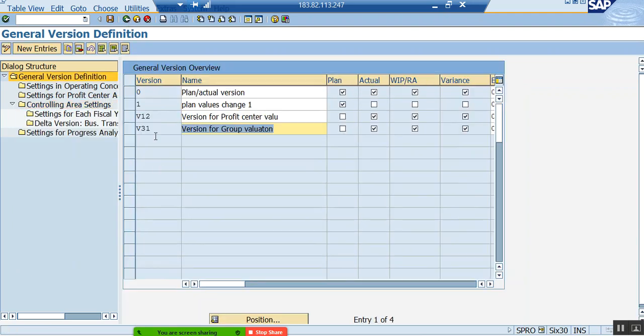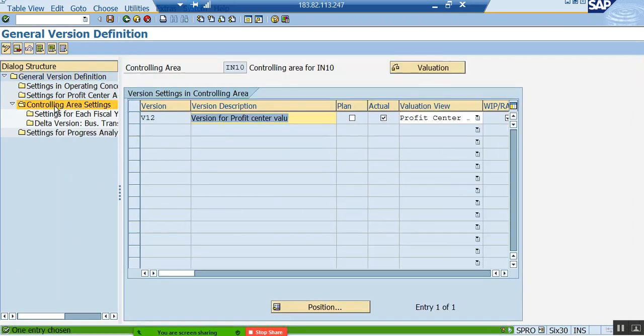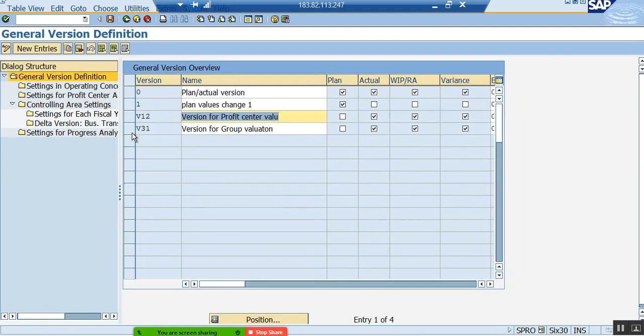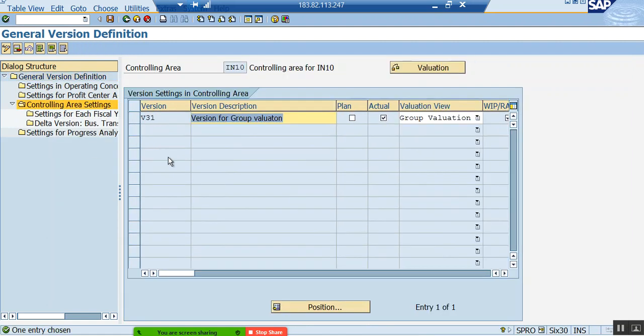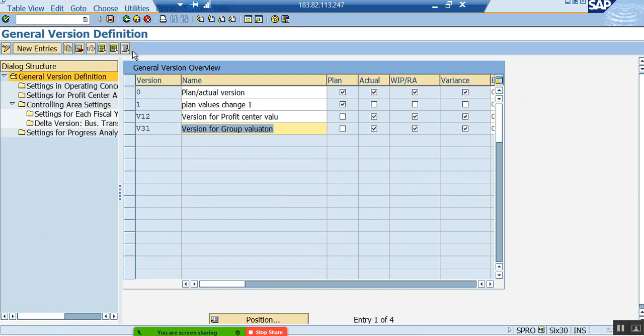Maybe you can try in this way: once you select a version and go to controlling area settings, don't save it. Come back, again select another version and then go to controlling area settings, and you can try to save both at the same time. Okay, and then